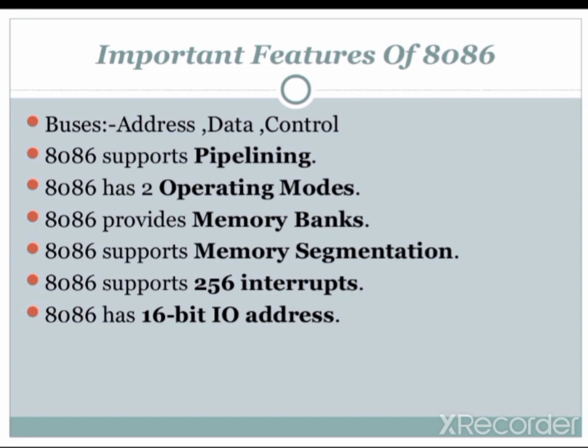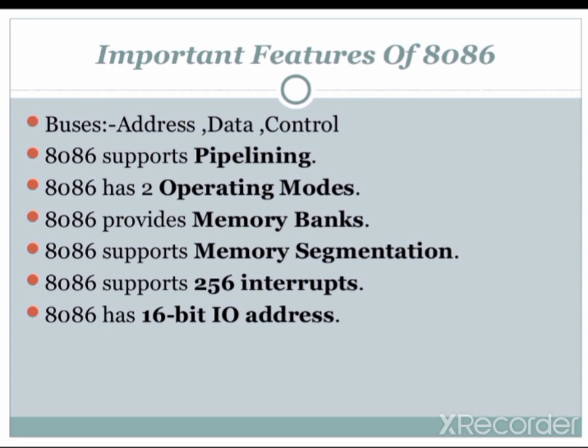The instruction set is powerful, flexible, and can be used for high-level languages. So instruction set is nothing but the commands which we are going to use in 8086 programming. It provides 20 address lines, so it can provide 1 megabyte of memory. If we are talking about address lines, the address lines are nothing but the memory which is used in an 8086 microprocessor. So it has 20 address lines, means it can access 1 megabyte of memory.